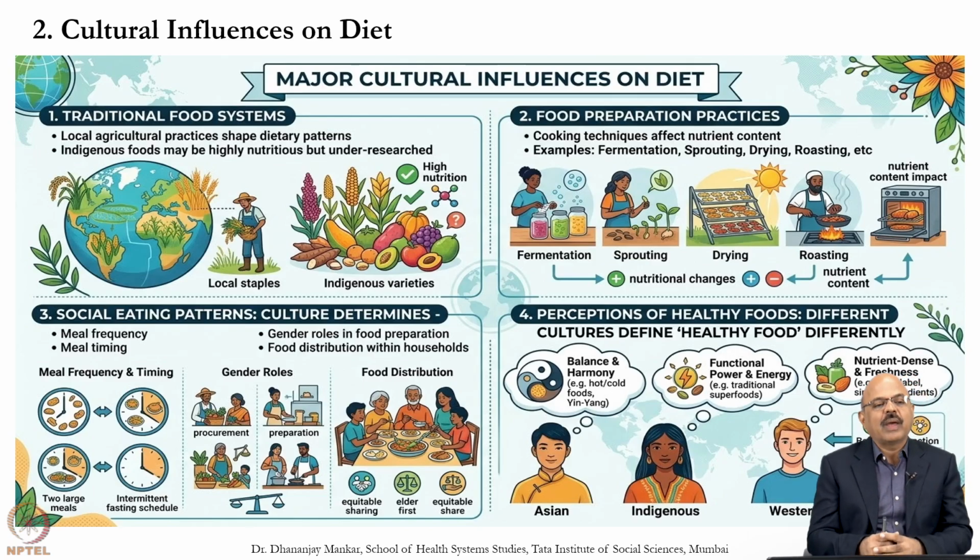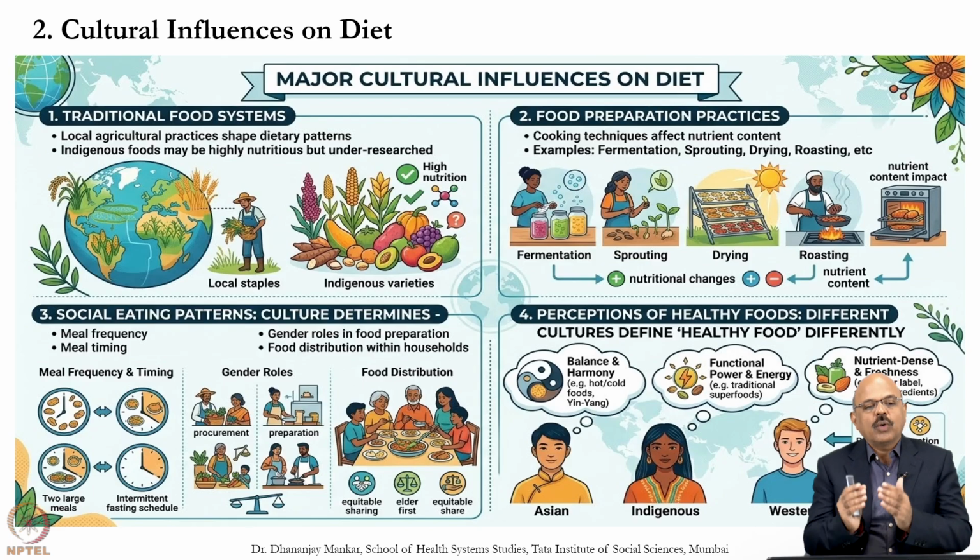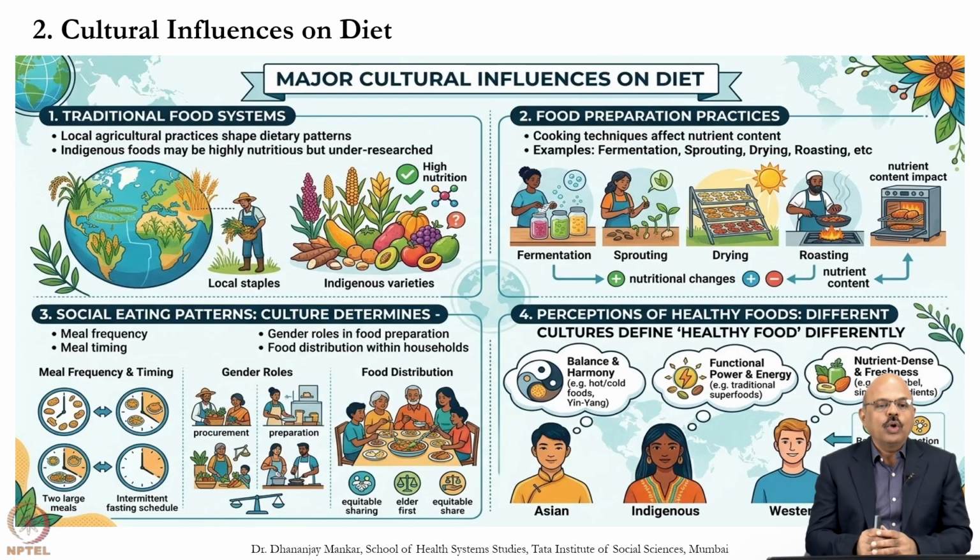Now, when we are trying to understand social eating patterns, where culture determines meal frequency, sometimes we find that many families or cultural practices don't allow meals after evening. Or sometimes the pattern of eating early in the morning is geared towards gaining energy. So meal frequency could be 2 meals, 3 meals, 4 meals, or sometimes 5 small meals. Meal frequency and timings are very important with respect to two large meals or an intermittent fasting schedule, which is now gaining importance in social eating patterns, defining the role from malnutrition to obesity.